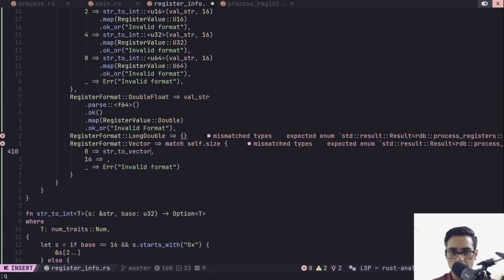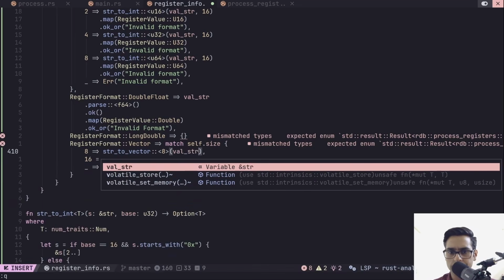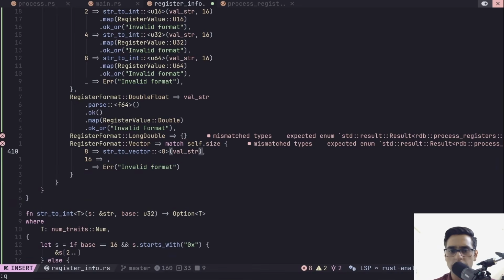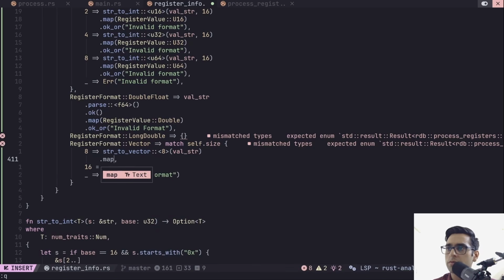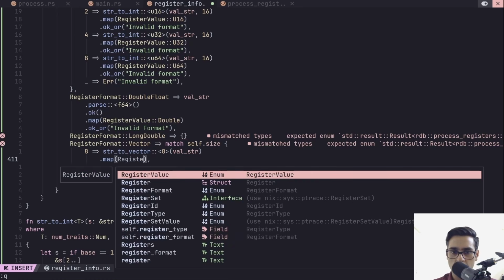I'll call it vector str to vector, and it will again be generic, and this generic can actually be a value as well. So the value will pass it in as 8. All right, and then we'll pass it the string. Now again, the way we have been doing stuff, it is going to return an option of vector, and then we're going to map it to a register value